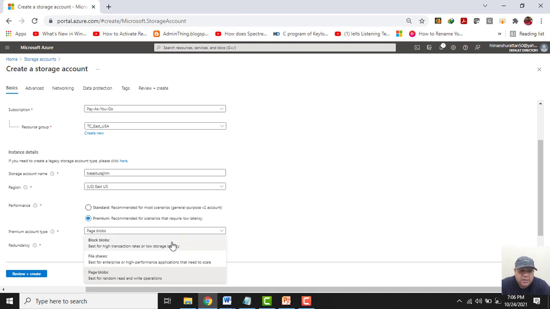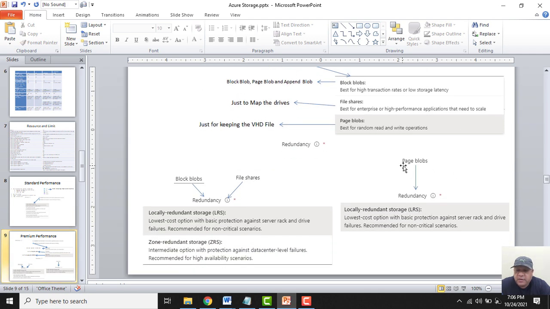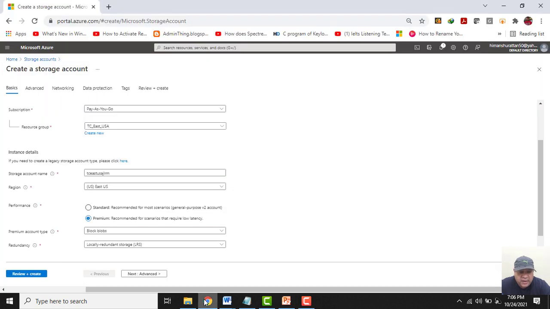And let's see the redundancy model as well. I have shared it here. When we choose page blobs, we only get LRS, but when we select block blobs and file share services, we get 2 redundancy options: one is LRS and one is ZRS. I can show you.